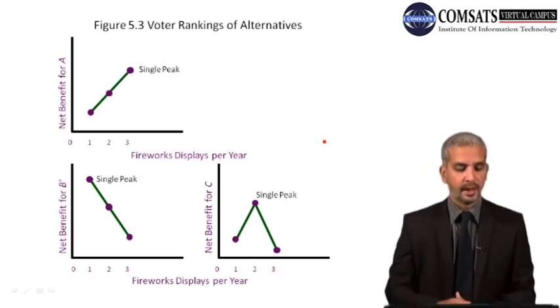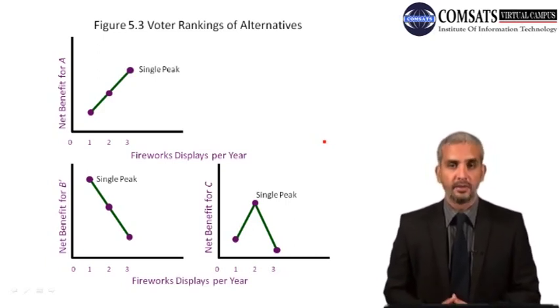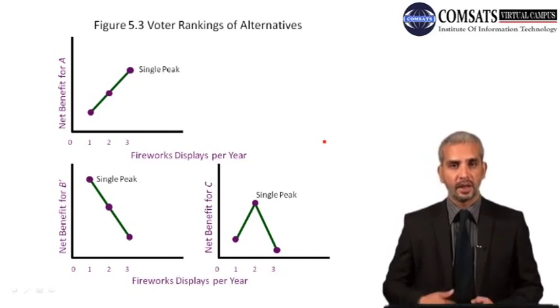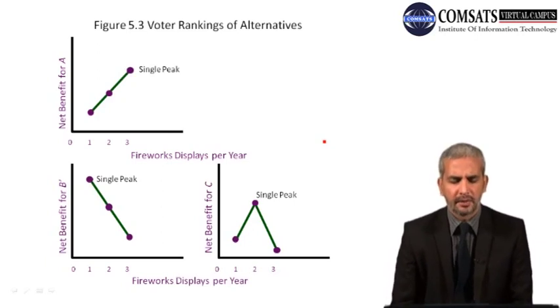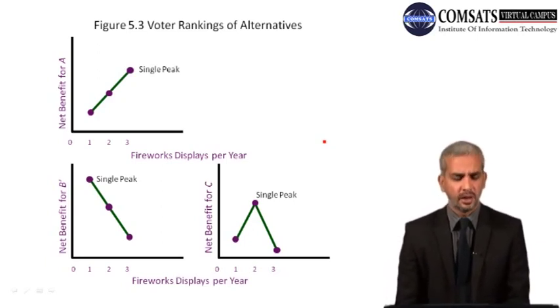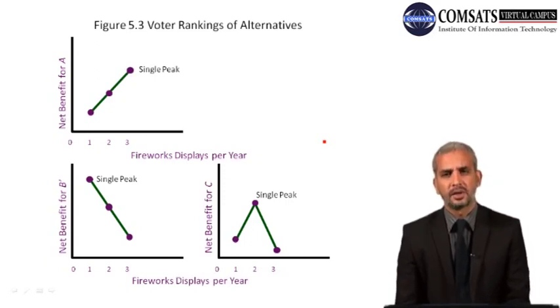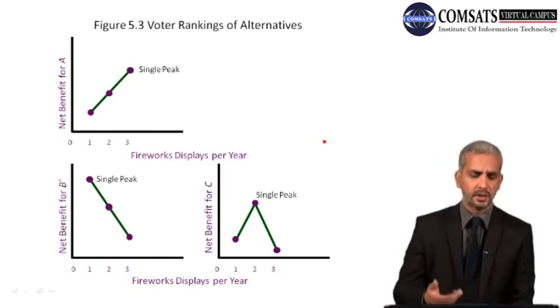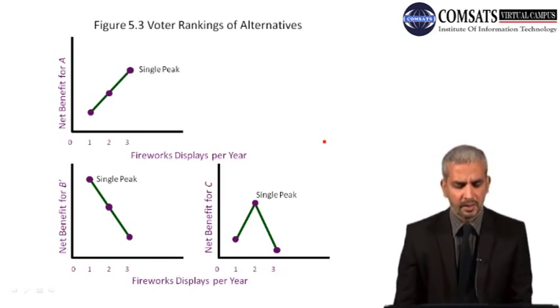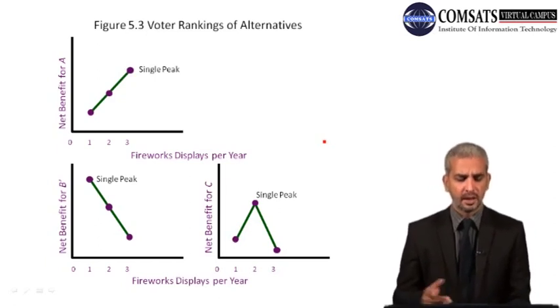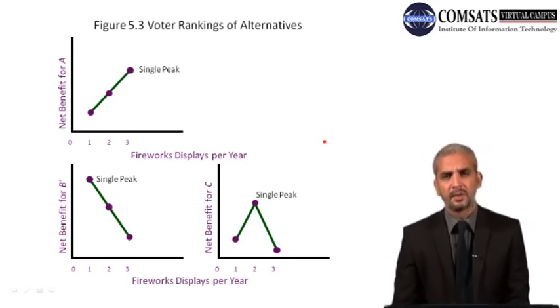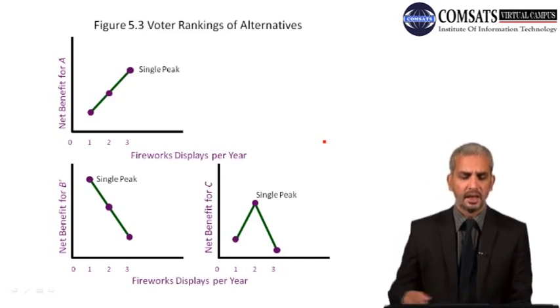Now going to net benefit for the new B individual we have created over here, we have eliminated his multiple peaked preferences. In this case, the individual's first preference is 1 firework display per year, his second preference is 2 fireworks per year, and his third preference is 3 fireworks per year. Previously his graph had 2 multiple peaks, but in this case it has